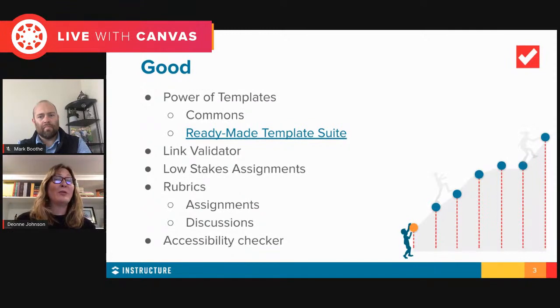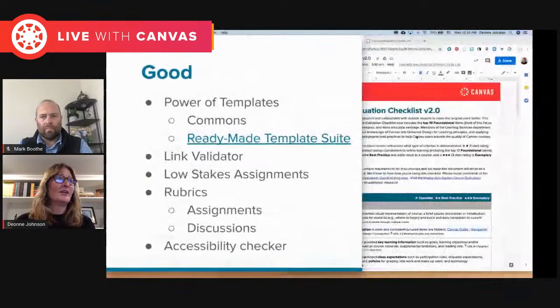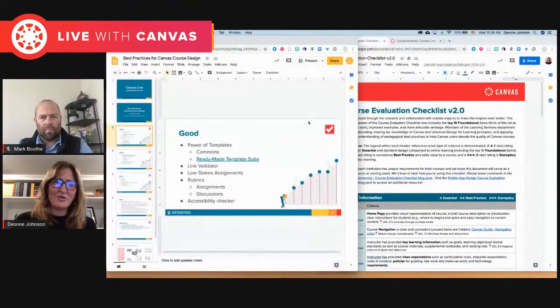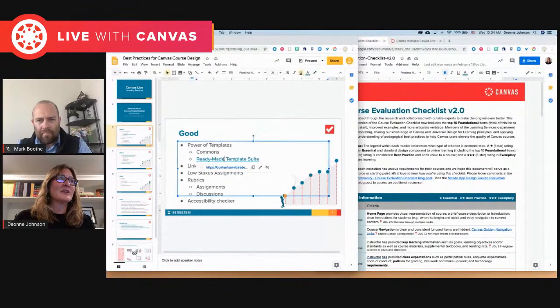Our most popular item that we probably sell in our Department of Instructional Technology is the ready-made template suite. And I have a link there. And Mark, there's probably a way that you can share out this presentation after the fact, right? Perfect. So we'll make sure that you get the link because I have some great resources in here. But in that ready-made template suite,